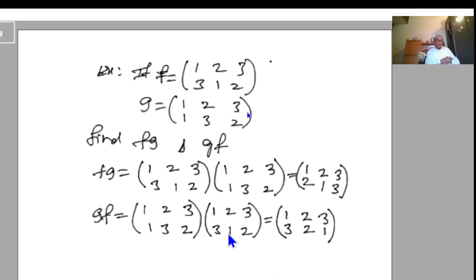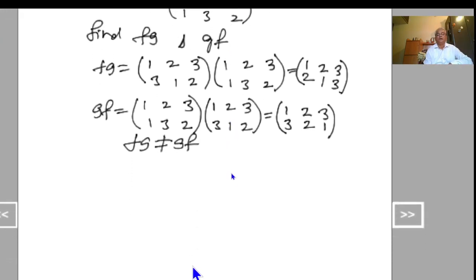And here we can observe that FG is not equal to GF. That is, the product of the permutations is not commutative. Right? And if I write this in the composition form, so that is here,